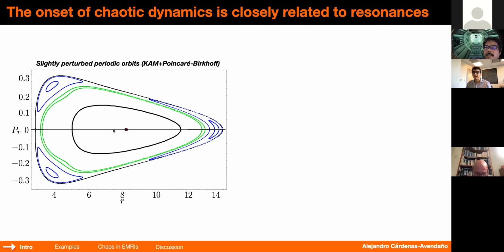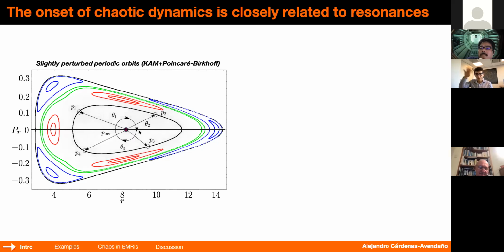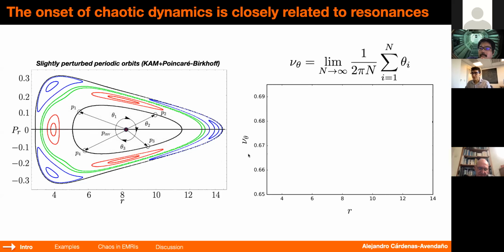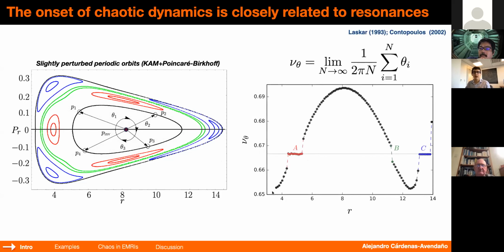And from that, I'm going to just draw one of those Poincare surfaces of section. Remember, this is just one initial condition for the motion. And if you remember how this surface is created, is by successive piercings. So let's say this is the first piercing of my trajectory. I create this vector, then this is another one, I create this vector, and then I can measure this angle. So if I do this for many, many oscillations, I can create a sort of statistic, which is the rotation number. And I can plot that rotation number as a function of different initial conditions. And the results are something like this.